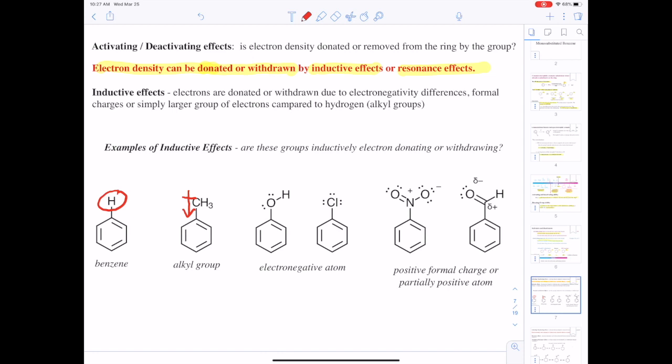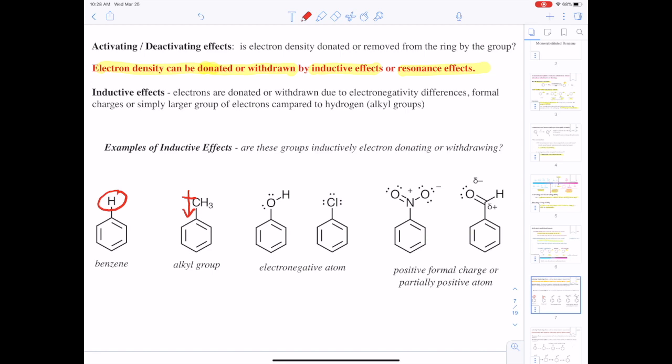The more alkyl groups, the more stable the carbocation. So for the same reason, these alkyl groups are donating electron density to the ring. There's a larger pool of electron density on an alkyl group than there is on a hydrogen. That's able to stabilize a carbocation, it's able to stabilize an alkene, pi bonds, and it's able to donate to the aromatic ring and make it